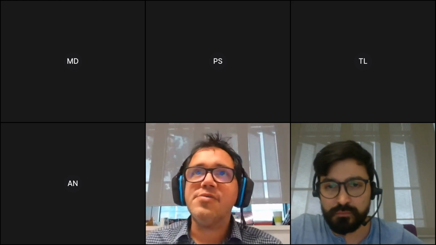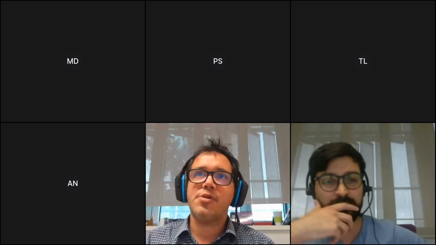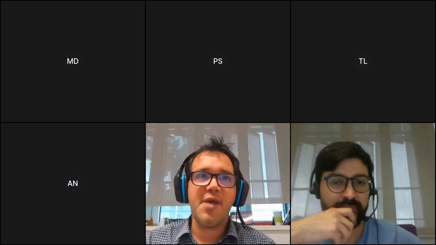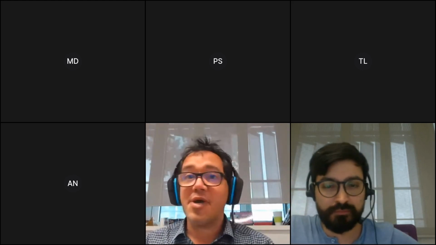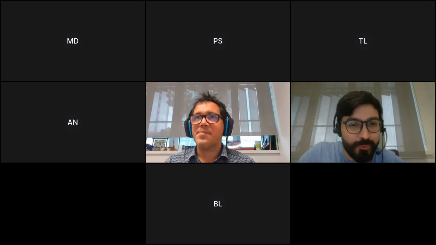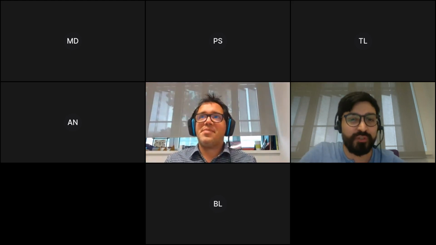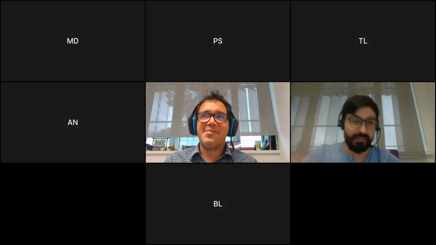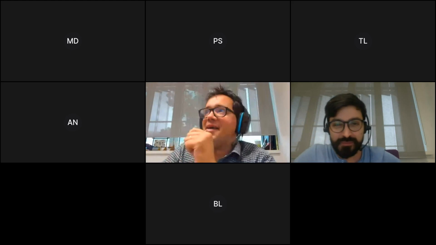So another question: can we use this tool to generate the electrostructure and export it in a format supported by other FEM codes? Excellent question, Binshak. Maybe you want to answer, Fernando, or I can answer, as you want. Let me reread this. Can we use this tool to generate the electrostructure and export it in a format supported by other FEM codes? Well, to be honest, yeah, I know the answer, so I can answer. So Binshak,